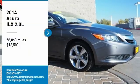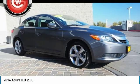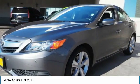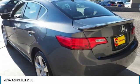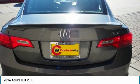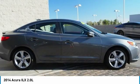We are pleased to show you the 2014 ILX. The luxury in the new Acura ILX includes leather heated seats and a powerful array of voice command and high-end technological advancements, while being powered by a high-performance engine that propels this compact sports sedan quicker than you may expect. If enjoying the drive is something important to you, then the ILX might be the one you are looking for,